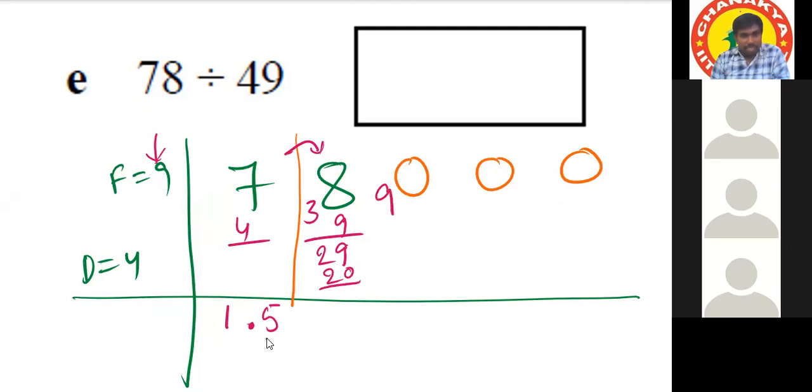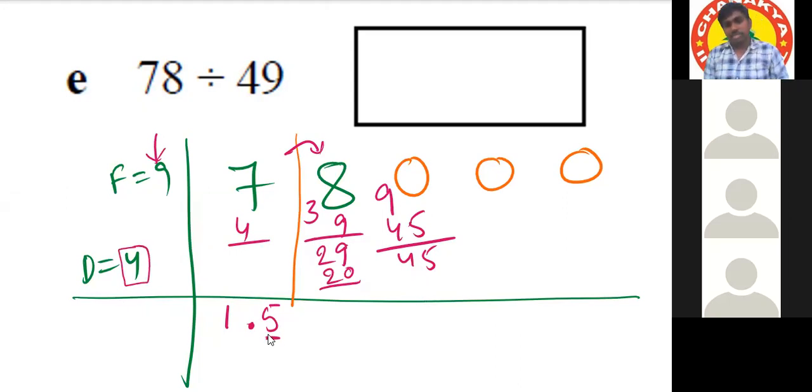Now go to the flag multiplication. 5 9s are 45. 45 and the remainder is 45. In that 45, flag multiplication is over. Now again coming to the divisor. So in 45, how many times will 4 go? 11 times, 4 11s are 44. We got 11 times.